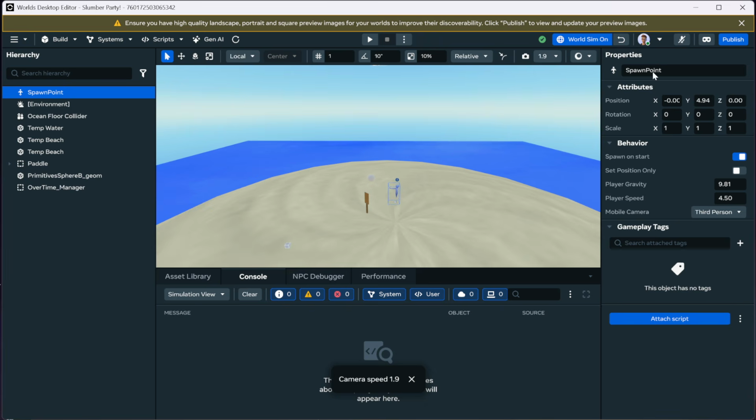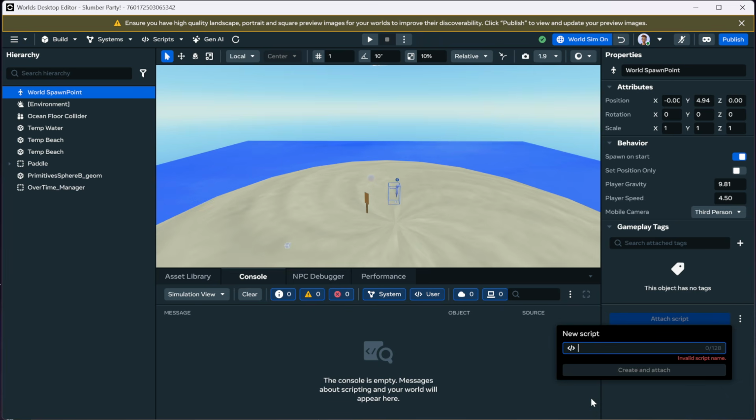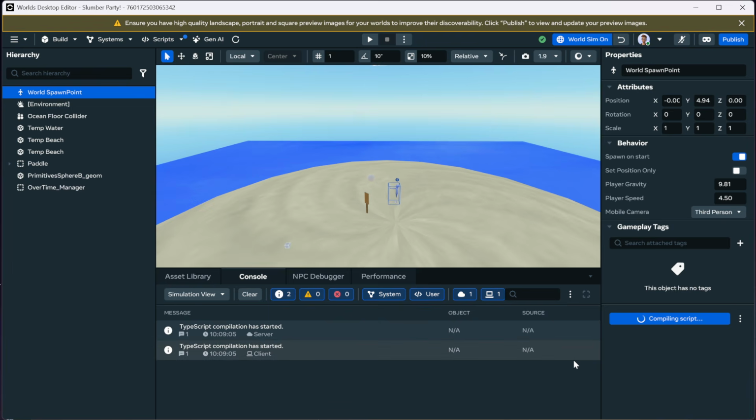So this is our world spawn point. I'm going to rename this and call it world spawn point. And this world spawn point is going to have a script on it. We'll go ahead and create a new script, which we'll call the world respawn underscore entity and attach. And so the idea is that when a player falls off the world, we need to